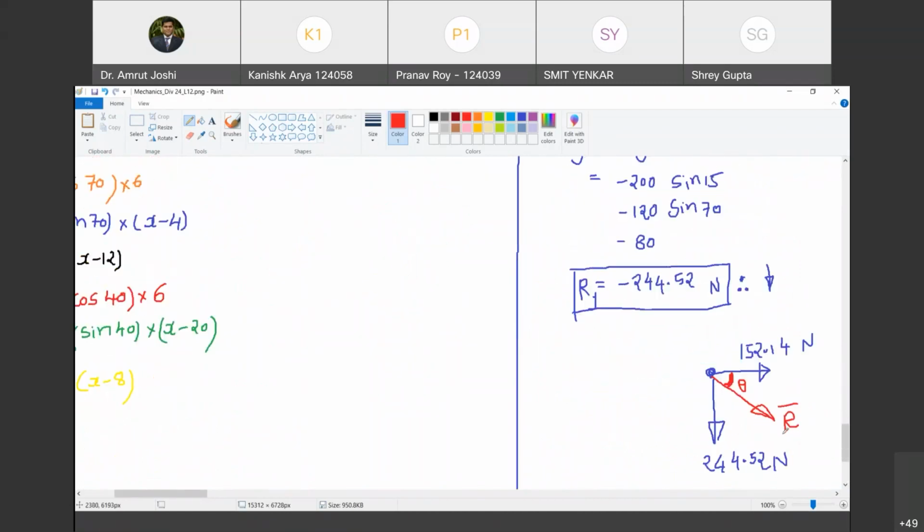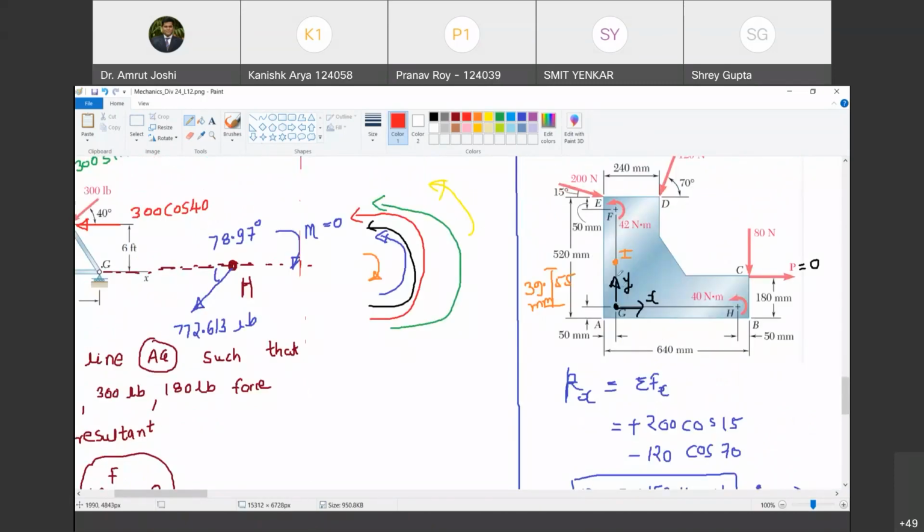So how will I have to draw it? This angle is 58.11. So if I want to show the resultant, I have to make an angle of 58.11 degree. Are you with me? Yes, sir. And the resultant will lie along this line, something like this. This is the resultant. Are you with me? Yes, sir. This is R bar. Happy? Yes, sir.